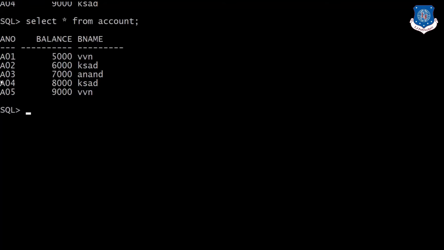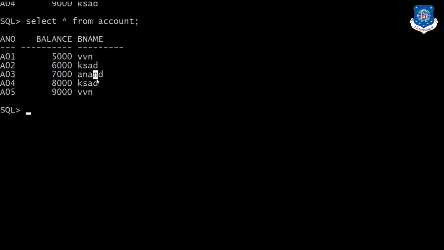For example, I want to change the value of this balance from 7000 to 9000. So I'll pass the reference of account number, as account number is unique over here, so it will target this record only. Nothing else will be updated.